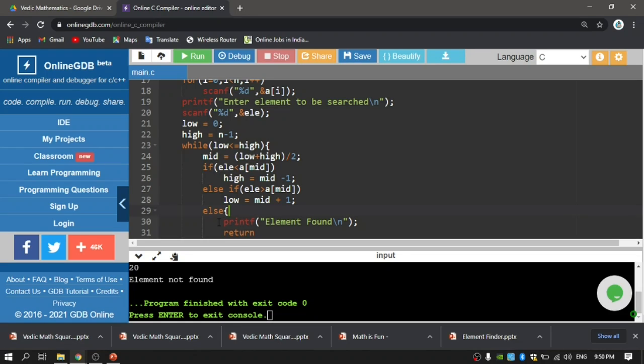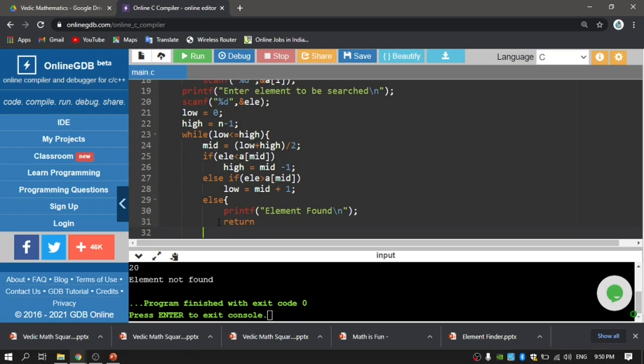I can simply come out of the program. In the earlier one I did that with the help of break, and now I am going to use return. The difference between break and return is that break terminates a loop, whereas return terminates the program. And here I am writing return 0.